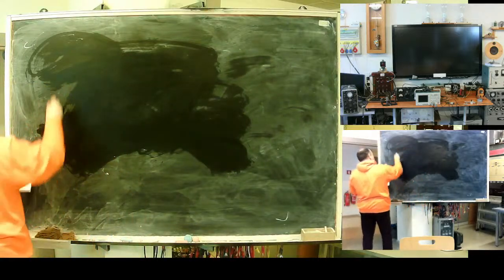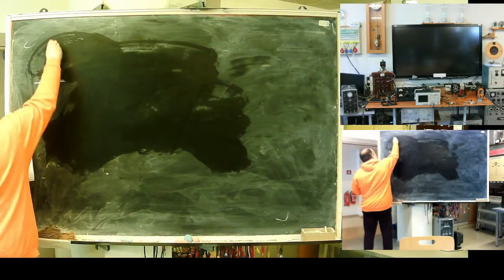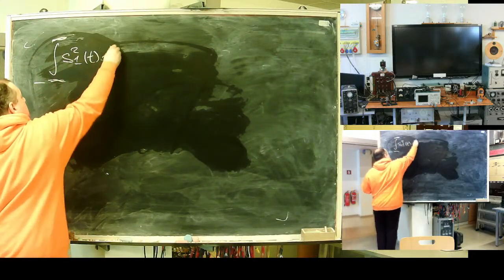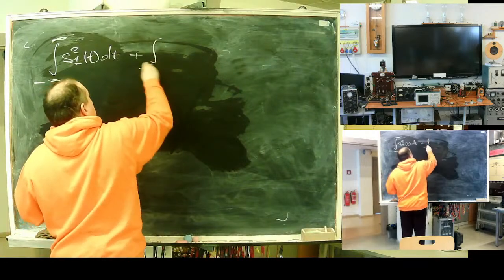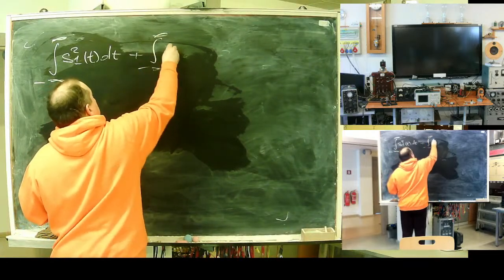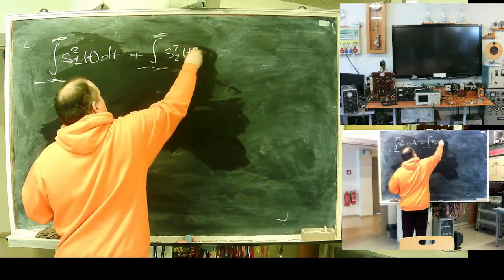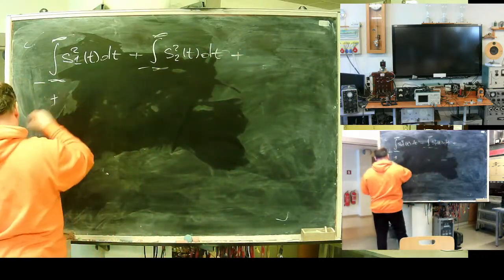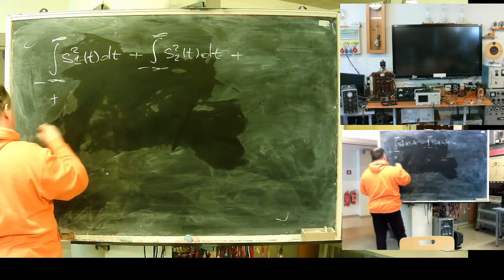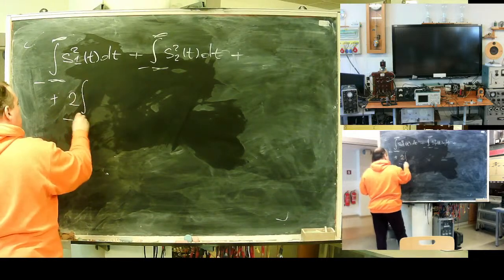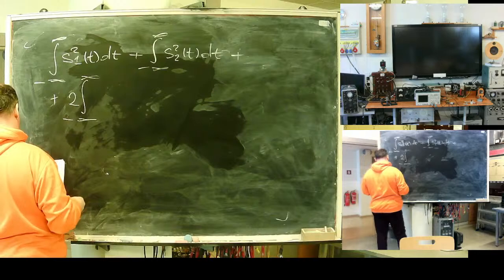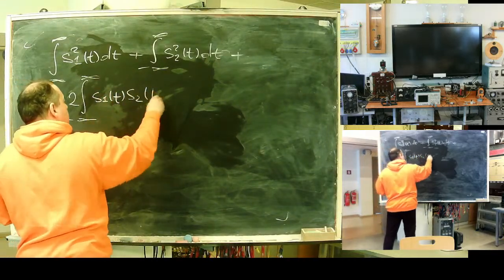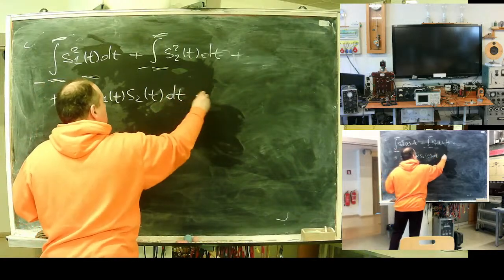I will get the integral from minus infinity to infinity of S1 squared of time, plus the integral of S2 squared of time, plus double the integral from minus infinity to infinity of S1 S2, equals